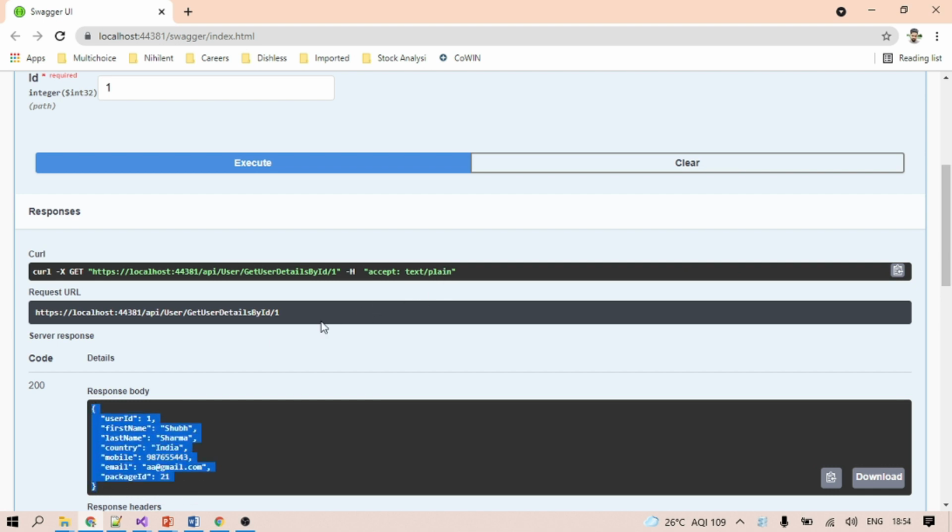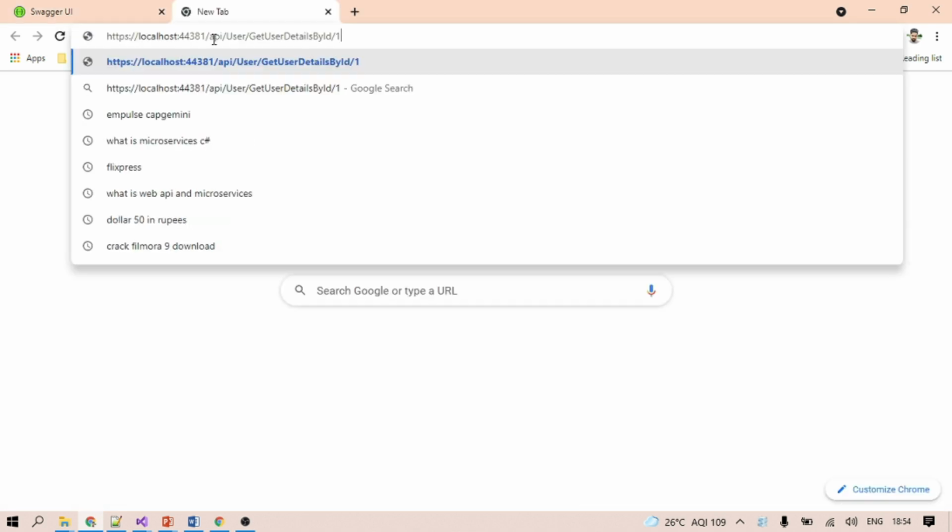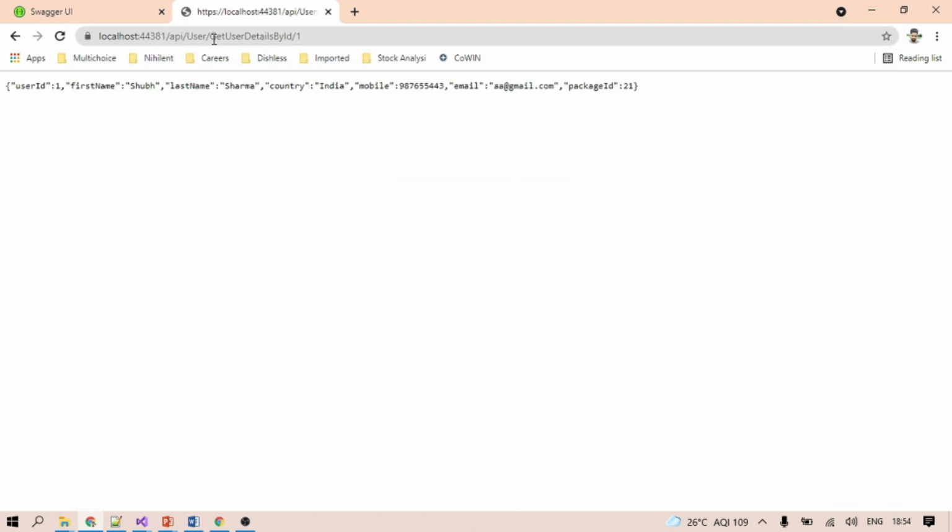So whoever would be an end user, this can also be run here. You don't need Swagger or any kind of tools. You can directly hit this API in the browser.